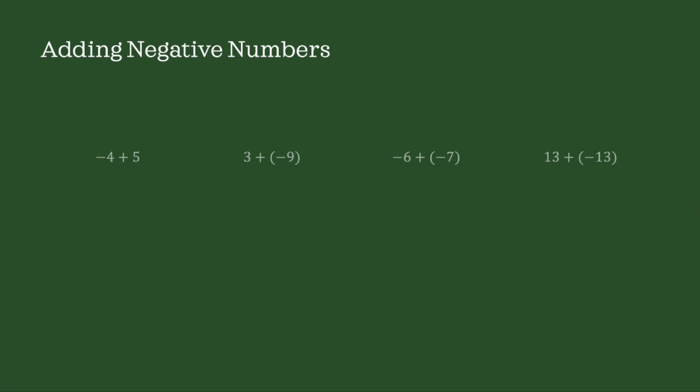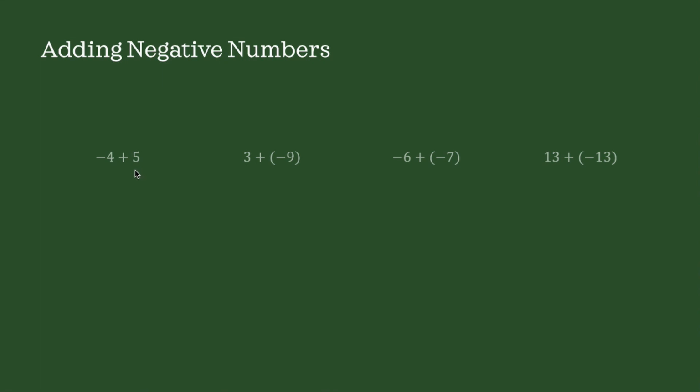Alright, I'm assuming that you're done and now you're waiting for me. So let's take the first one, negative 4 plus 5. Now this is an example of a negative plus a larger positive. So this will result in a positive number, but that positive number will be smaller than 5. So that's what we want to be on the lookout for.